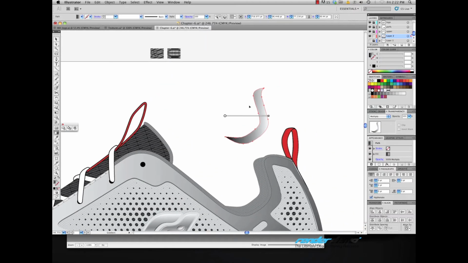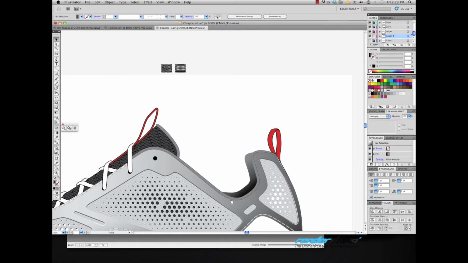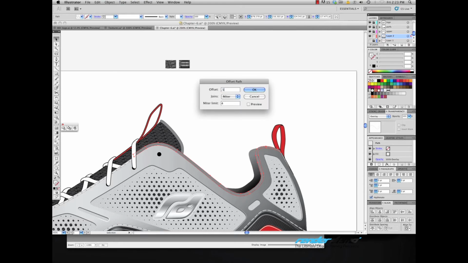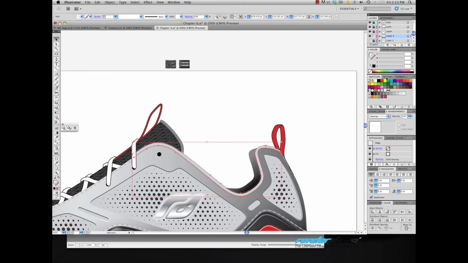We use the same gradient and just change the direction. And let's take a look how this turns out. And we'll move this on top. Okay, I'm going to offset this material 0.5 millimeters and go to my brushes, find my black,